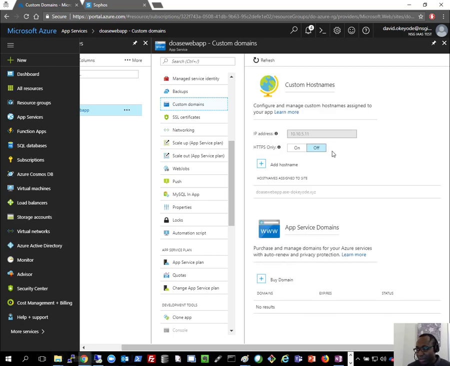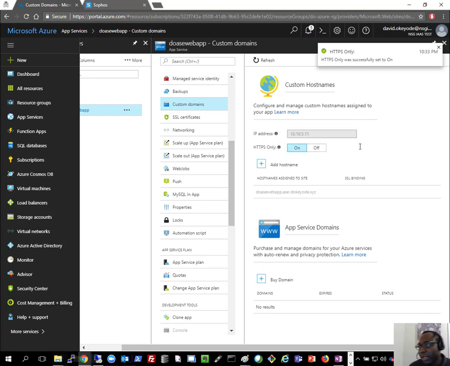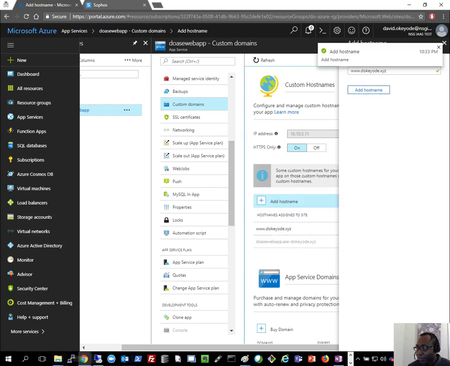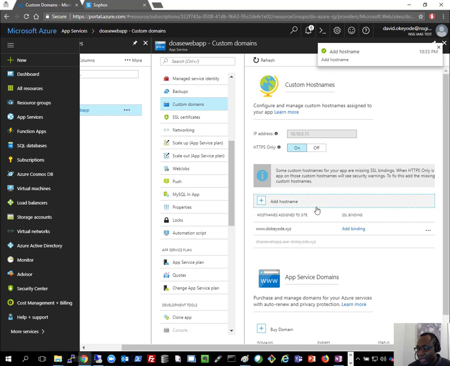And what I'll do is, number one, it's set to listen to both HTTP and HTTPS. If I want to, I can set this to HTTPS only. So I'll just do that, make it HTTPS only. And then I'll go ahead and add a new custom host name. So I'll call this www.theokayode.xyz, and I'll go ahead and add that host name. So the next thing is, because I've set this to HTTPS only, it's going to ask me to configure the SSL binding, which I can do from here,